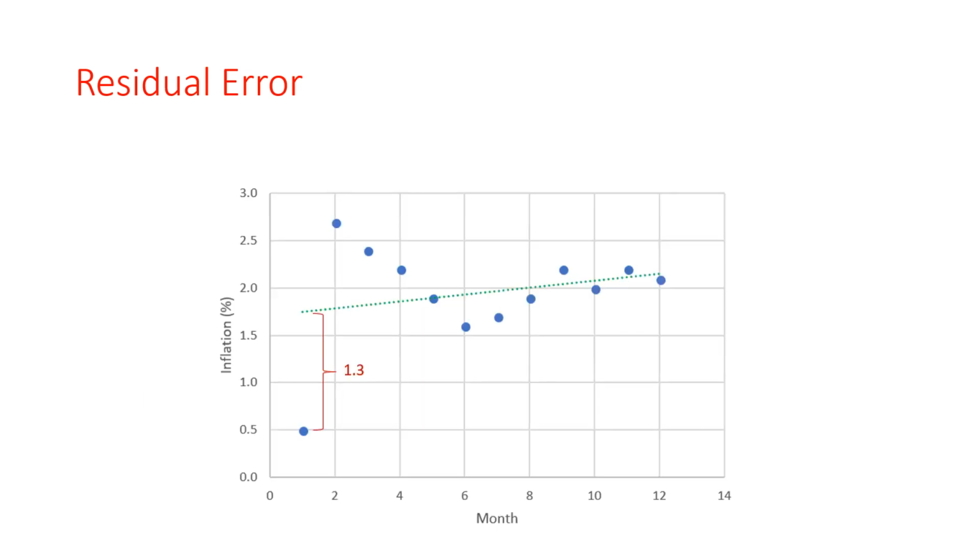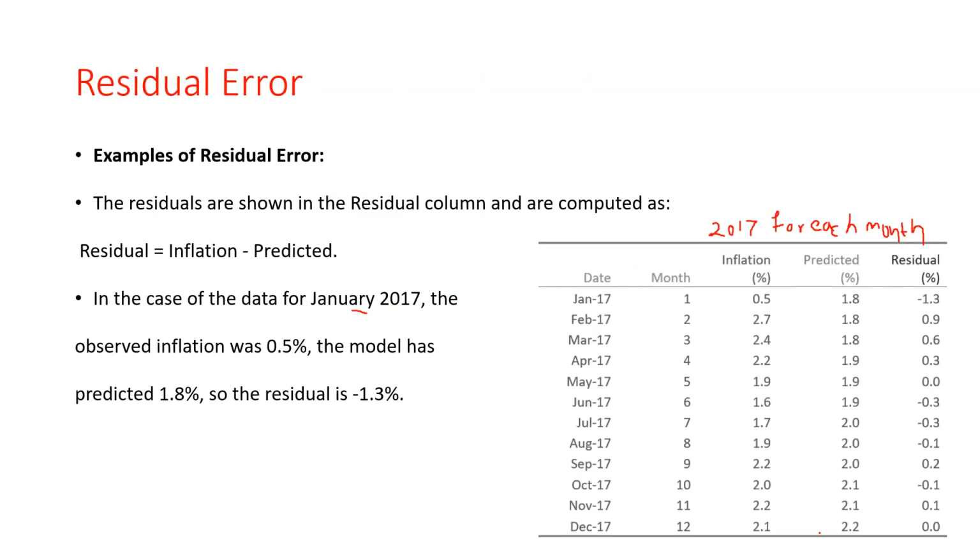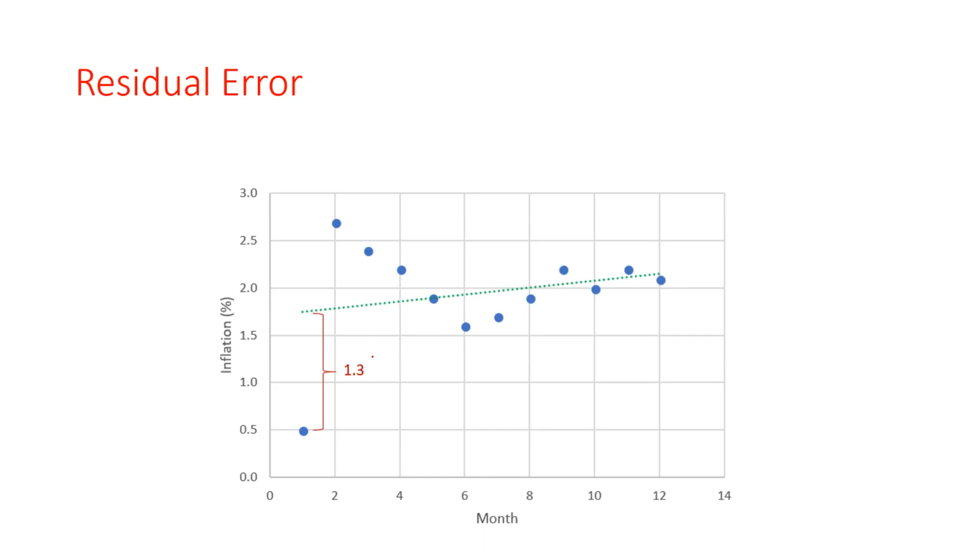See here in this chart the data in this table. We are using this data, the inflation between these months. Month is on the x-axis, months 1 2 3 4 5 6 7 8 9 10 11 12, and the inflation is on the y-axis. So we have to predict some values here. The chart shows the data in this table. We can read the residuals as being the difference between the observed values of inflation and the predicted values in this month.